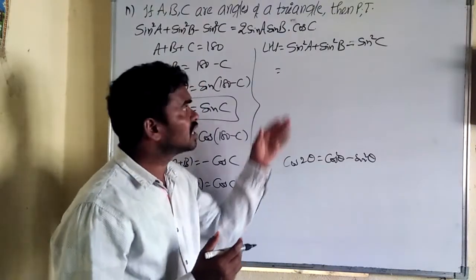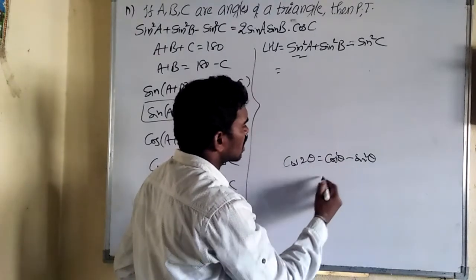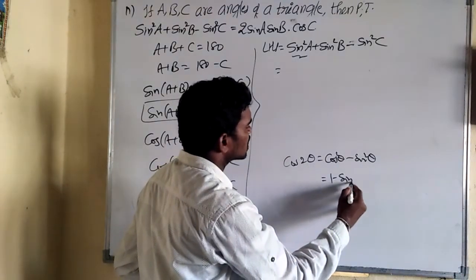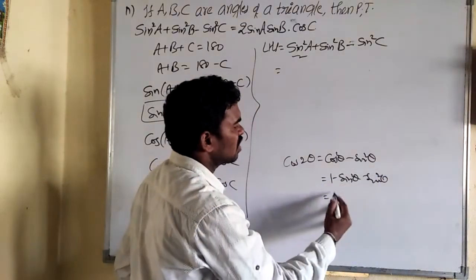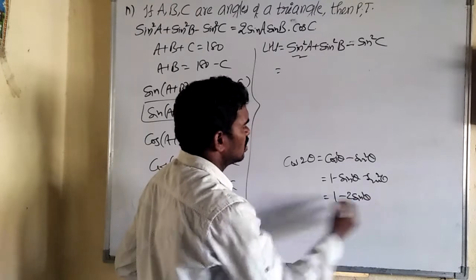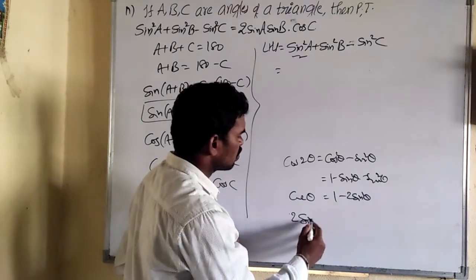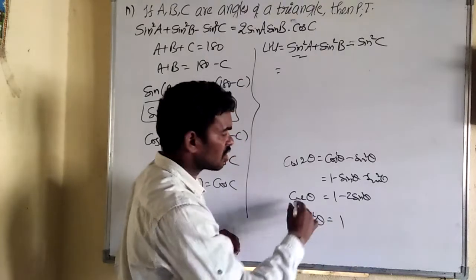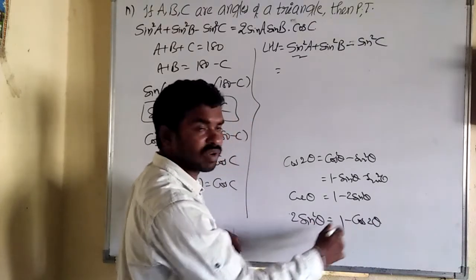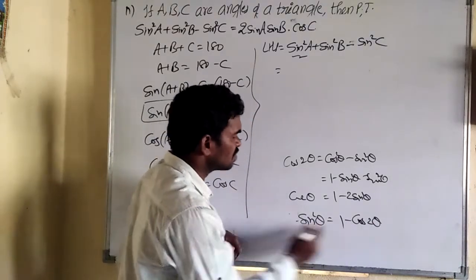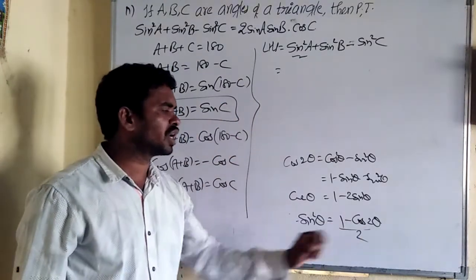Of course, again I am saying, so sin square a becomes what? It is in terms of sin square, so convert cos in terms of sin. So it becomes 1 minus sin square theta, so minus sin square theta as it is. So minus 2 sin square theta. So cos 2 theta as it is. Minus 2 sin square theta, bring to the left side, so plus 2 sin square theta. 1 as it is. Cos 2 theta send to the right side: 1 minus cos 2 theta. So 2 sin square theta equals 1 minus cos 2 theta. Then the 2 on the right side becomes divided by 2. So the sin square formula is 1 minus cos 2 theta by 2.